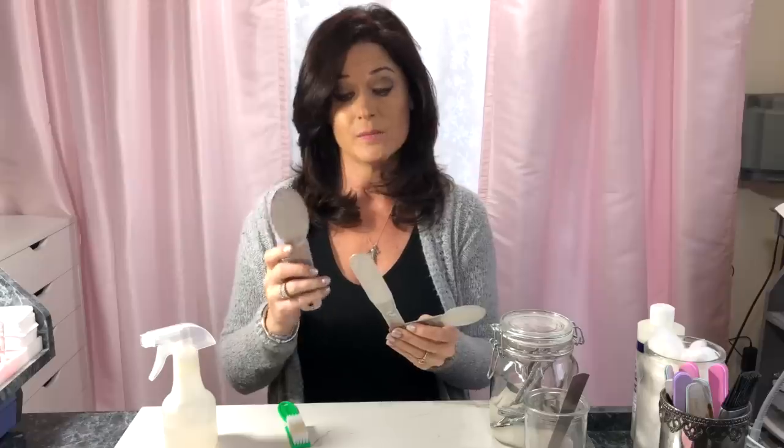This is the one that you see me using most often in my videos. This is the small, and this is the mini pro. I use this mini pro at home in my own shower, and when you're finished using it on your feet